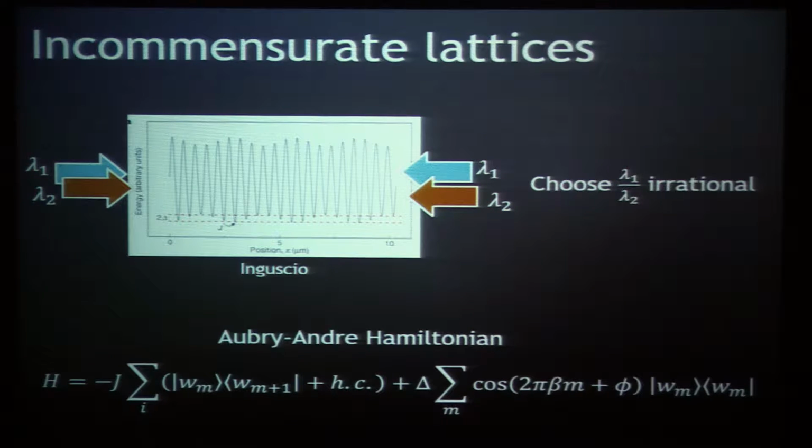To be careful, this is not really disorder, but it's been used as a kind of model of disorder by many groups, because if you don't look too carefully, it looks disordered. But it's not. This is just some other spatially varying potential. To be inclusive, this is one thing people have looked at as a kind of disorder, especially if you make beta irrational, where it's hard to tell it's not disordered.